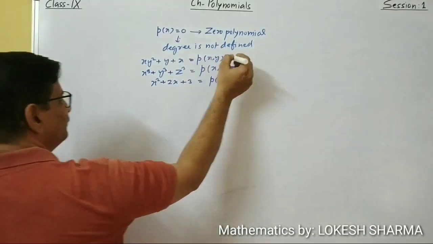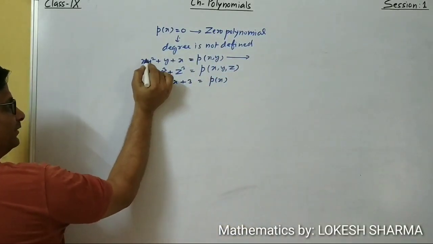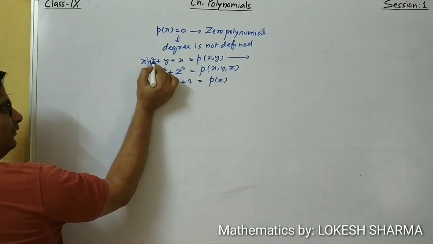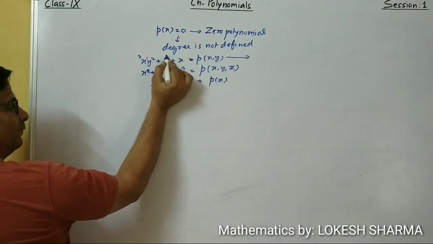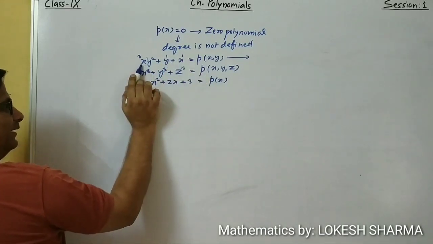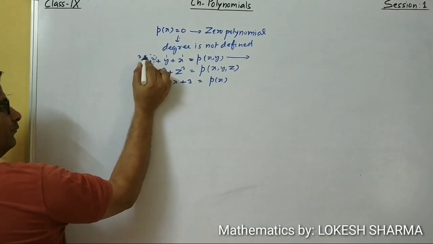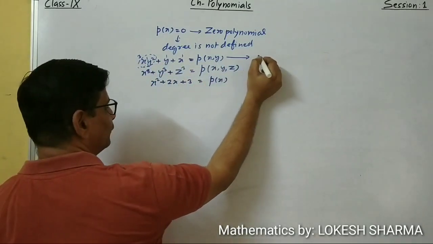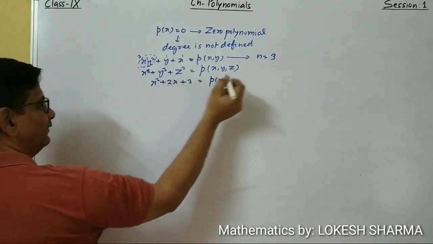Now what is the degree of this polynomial? Here, look at this term. The power of x is 1 and power of y is 2. So sum of both these is 3. Here the power of this is 1, the power of this is 1. So highest power that comes is 3. The power of this whole term is 3, and the degree of this polynomial is 3.